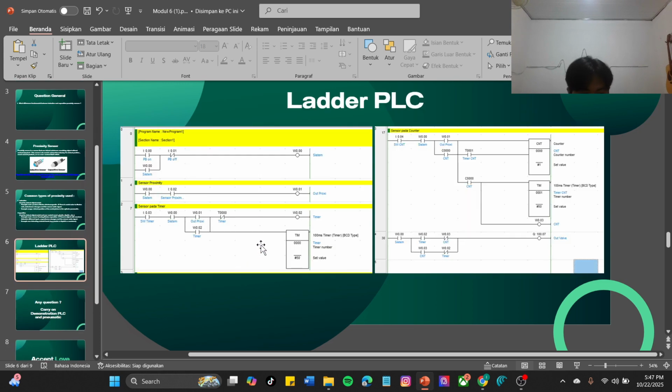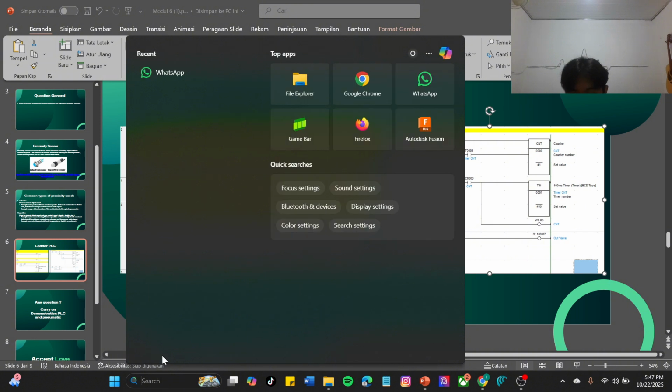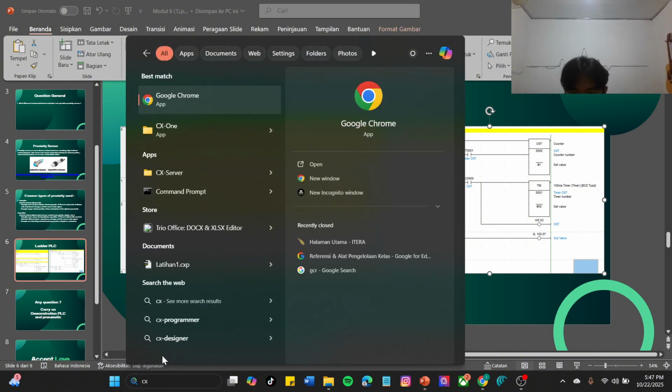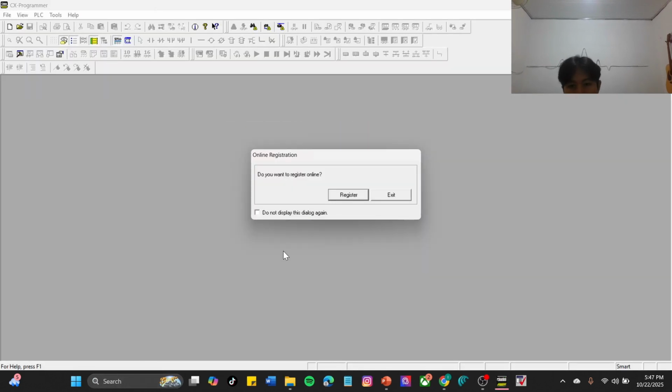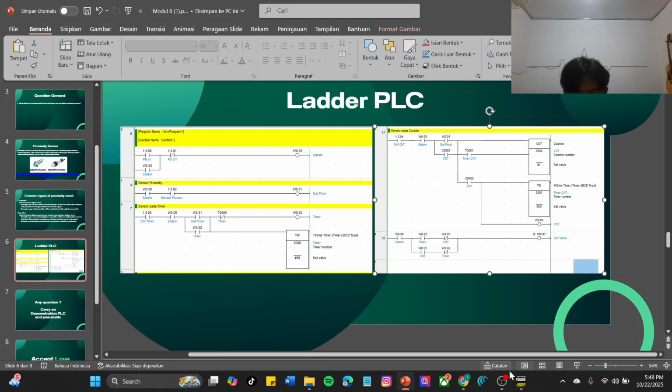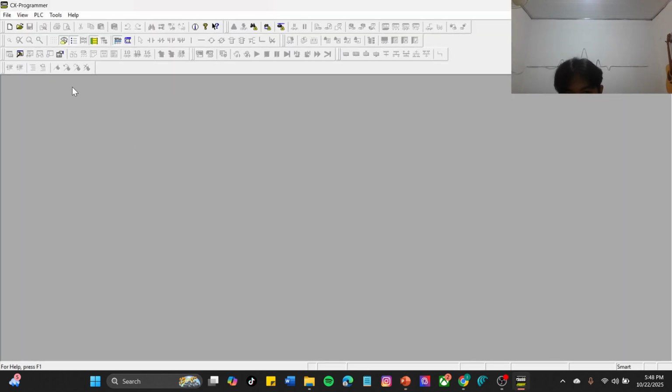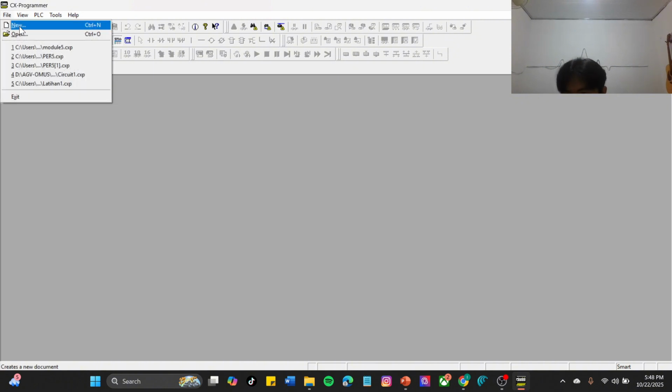Okay, here we have the ladder PLC, and now we will open the GXP. If you have a notification like this, you can click exit. Okay, here for the first step you can click new file and new folder.